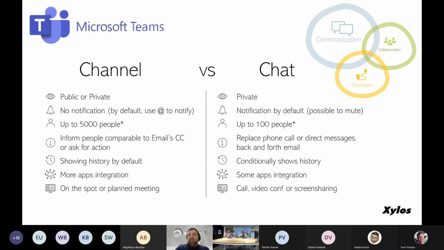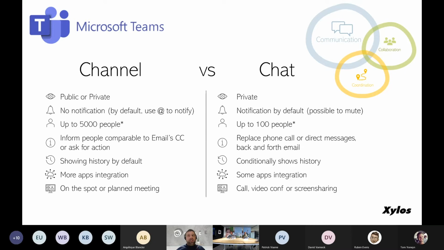based on the type of channel, based on the type of team, it can be a public or a private message. It is always going to be a message that is visible to the entire channel. Whereas if you're going to create a chat session with someone, that is usually a one-on-one, or even with multiple people, you can have up to 100 people in a chat session. But if you want to add someone to a chat session later, then you need to make sure that that person can also see the conversation history if needed. Whereas if you do this in a channel and you add someone later, they can immediately see the entire history